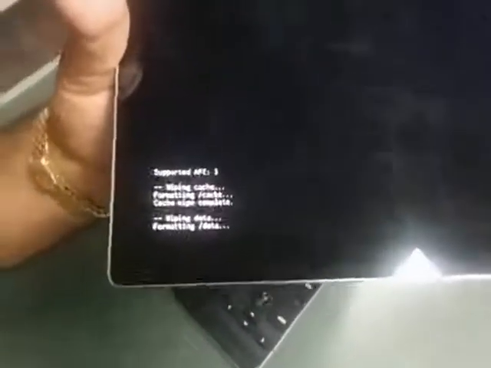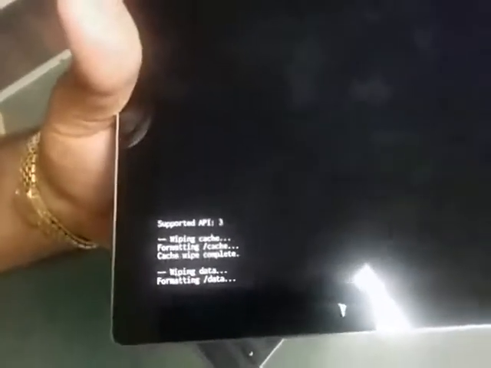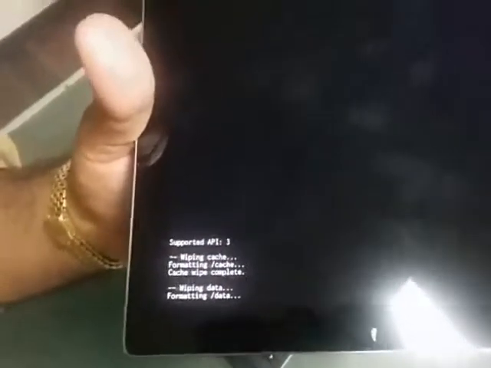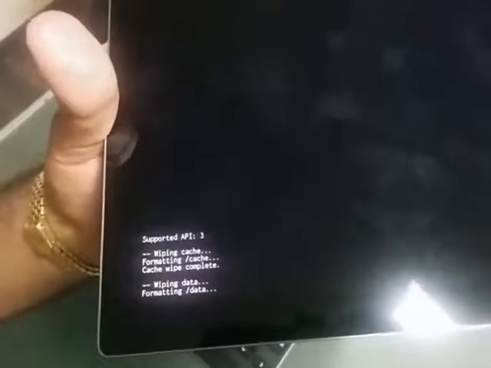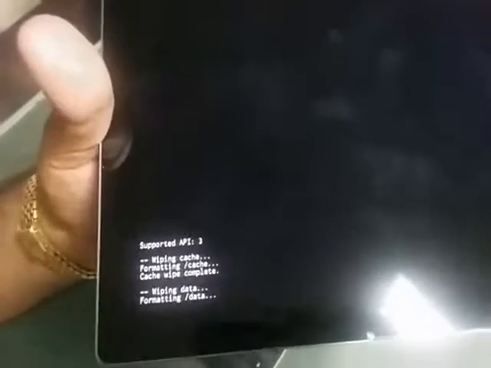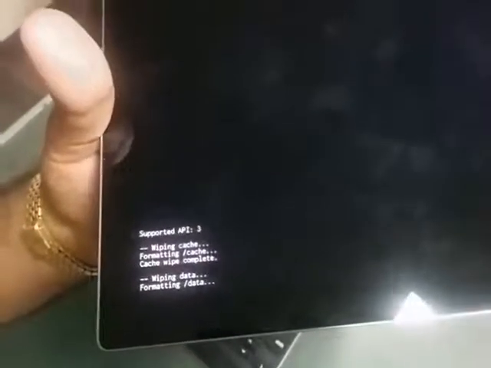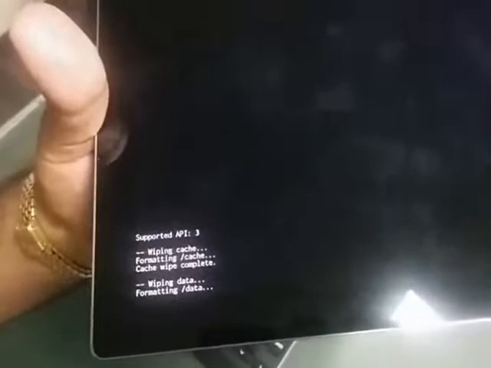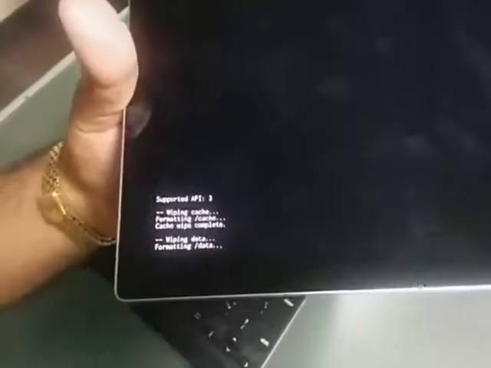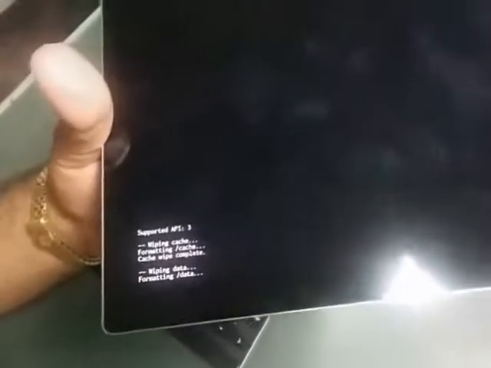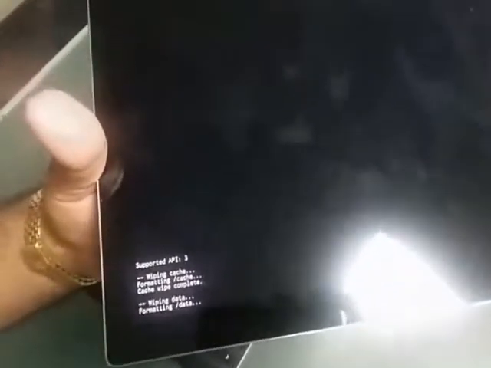Google support also suggested these instructions, and I have followed them: first wipe the cache partition, and then wipe data and factory reset. That is the last option for recovery if any problem persists on your tablet.